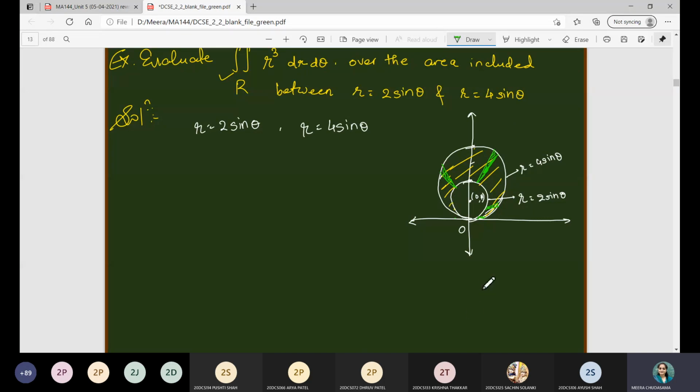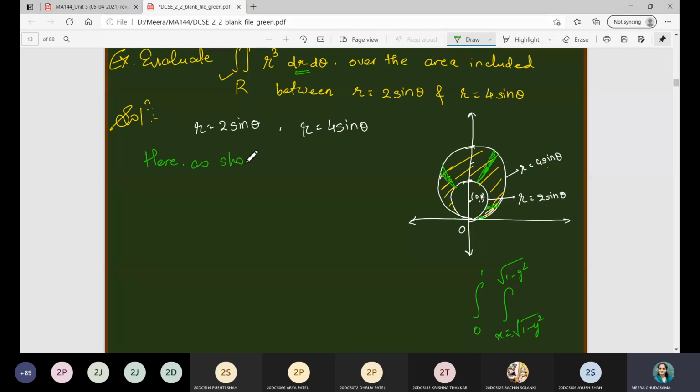So if you remember, suppose the y coordinate's limits were constants, for example 0 and 1, then the x limits you got in terms of the other variable, for example 1 minus y square to positive square root of 1 minus y square, like that. Similarly here, theta we are getting 0 to pi, a constant quantity, and r is a function of theta. Therefore the inner integral will depend on theta. So r will be the inner integral as given in the example, and theta will be the outer integral, right? So we can write here